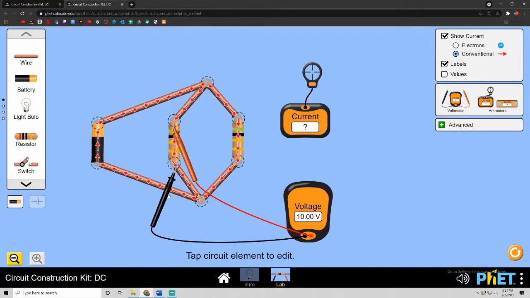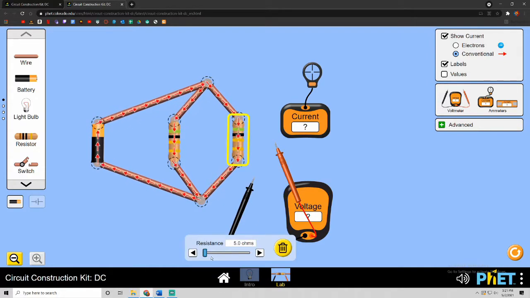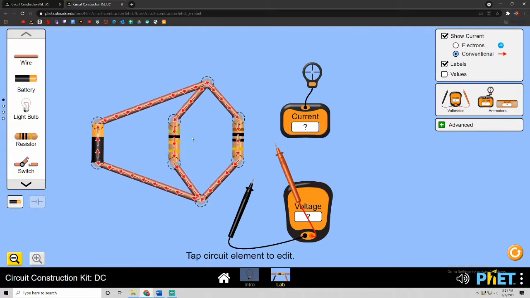Using this voltage in the Ohm's law relationship, we can determine the current going through each branch. In this case, since both of the resistors are the same resistance, the current would split evenly, but if we were to make one resistor higher, say 10 ohms,